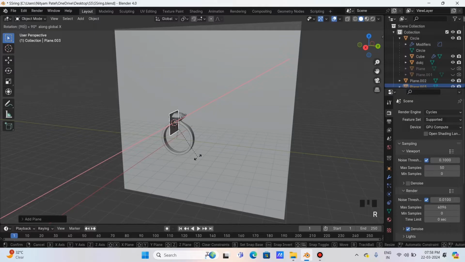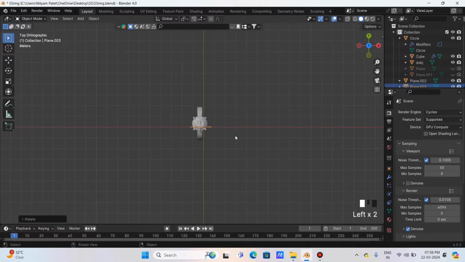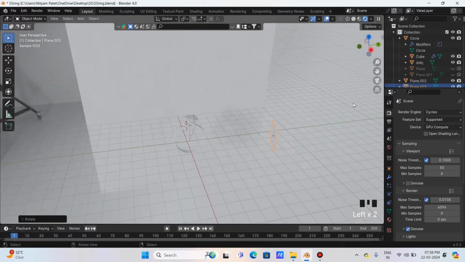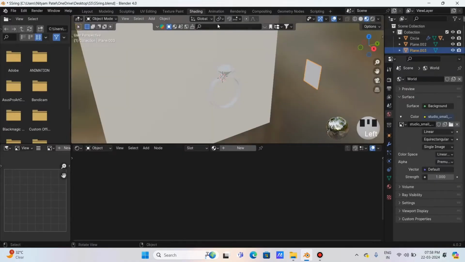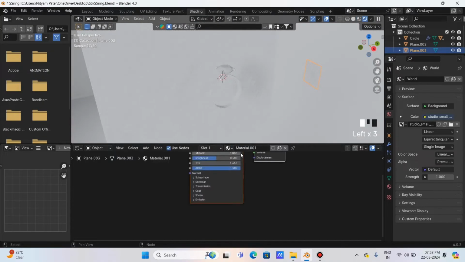So here I rotate in X direction by RX 90 and place the plane on the right side of the ring, and here I slightly rotate the plane towards the ring, and here we can use the plane as the light. So I'm going to the shading view, but here we are in material view, so I change the render view and then select the plane and